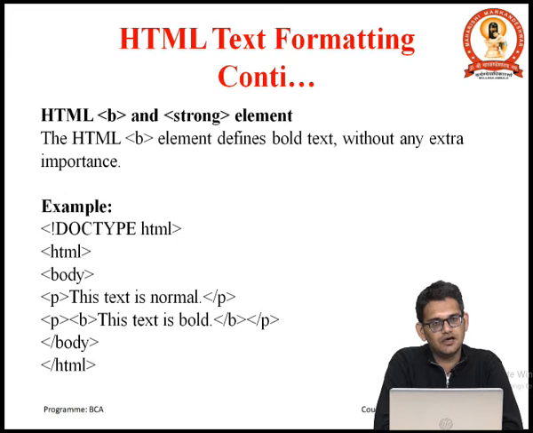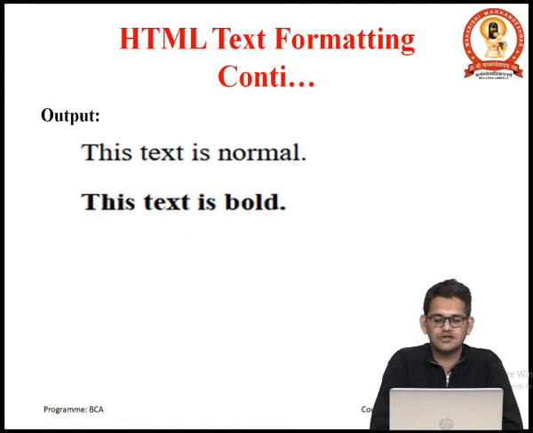Now, we need to write some bold paragraph. For that, firstly we need to write a paragraph, so we have used the P tag followed by the B tag. Why B? Because we want that paragraph to be bold. For bolding that paragraph we need to use the bold tag. Now let us see what the output actually is. This is the output. The first paragraph, or first line, is normal, nothing special in it, and the second one is bold. So, by using the B tag the text becomes bold.